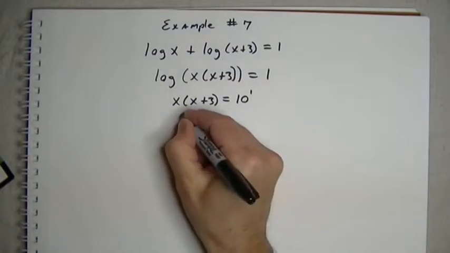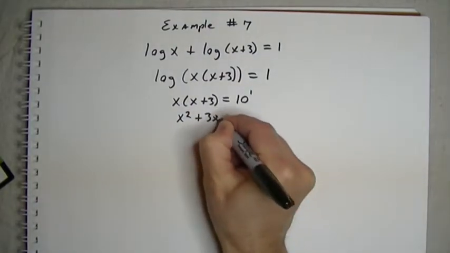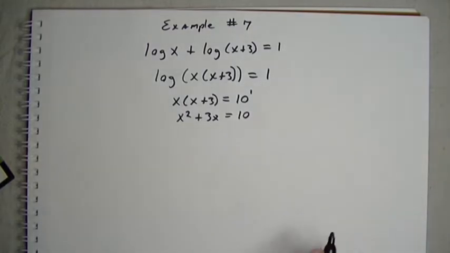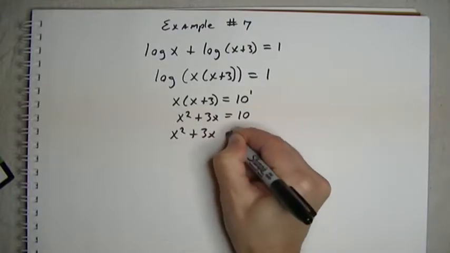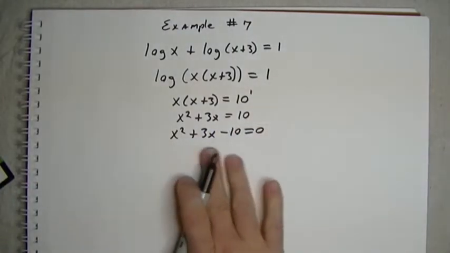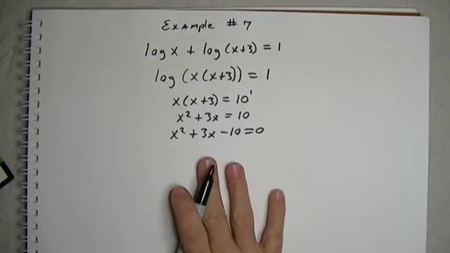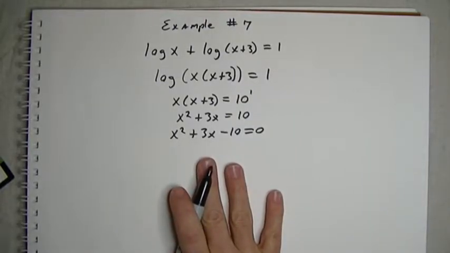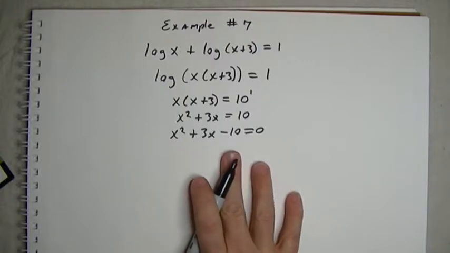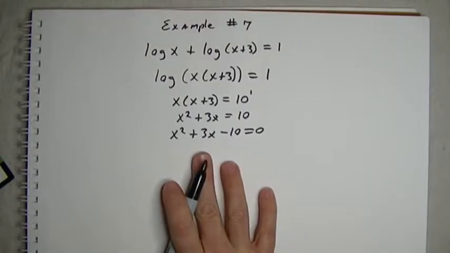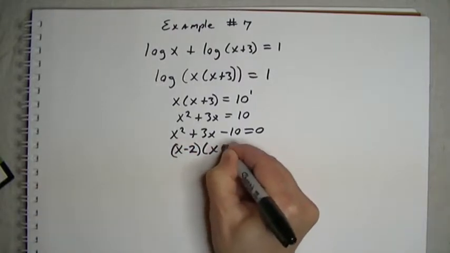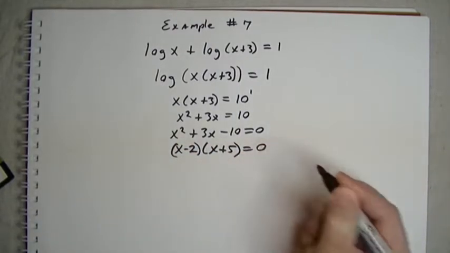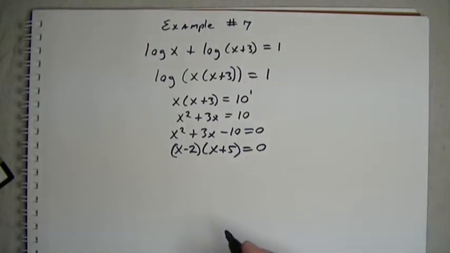We can distribute: x squared plus 3x equals 10, because 10 to the first is just 10. We can subtract the 10. Now we have a quadratic set equal to 0. This one's a little bit easier. I don't need to use the quadratic formula because I can think of two numbers that multiply to negative 10 and add to 3. And those two numbers happen to be negative 2 and positive 5. So this is simply x minus 2 times x plus 5 equals 0,